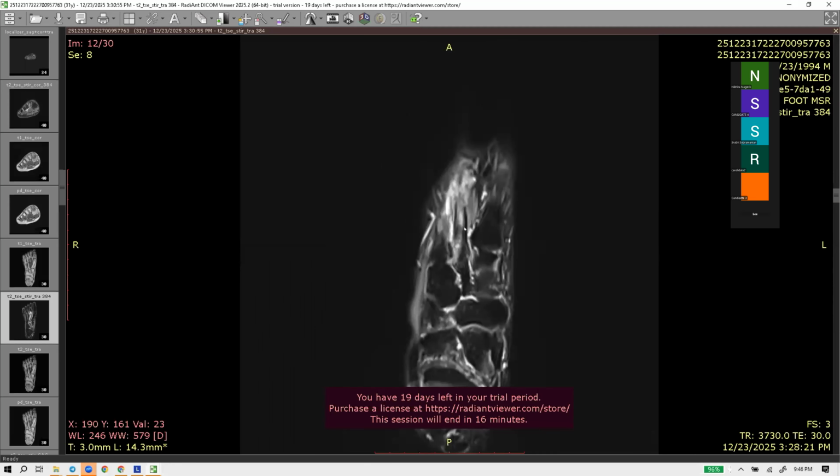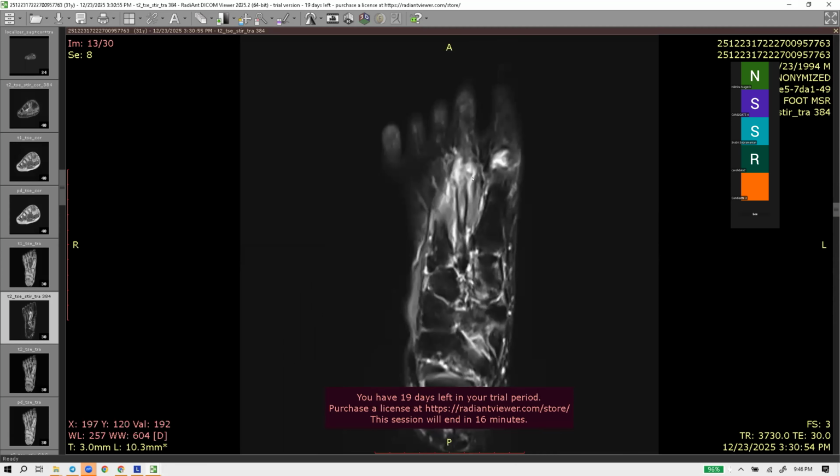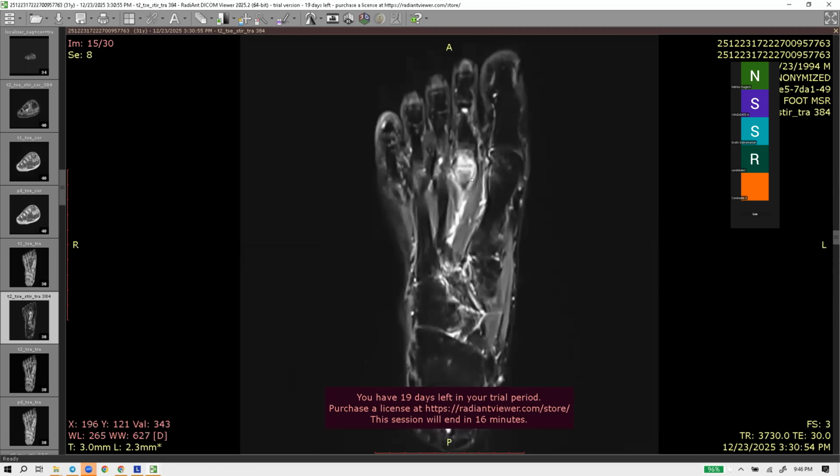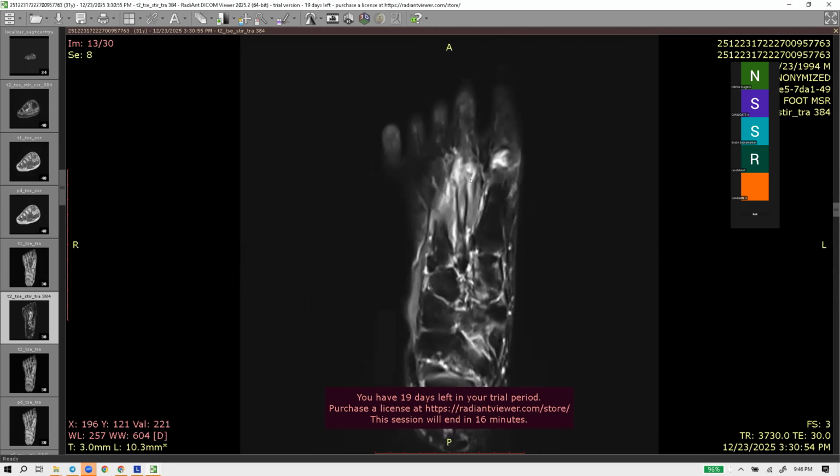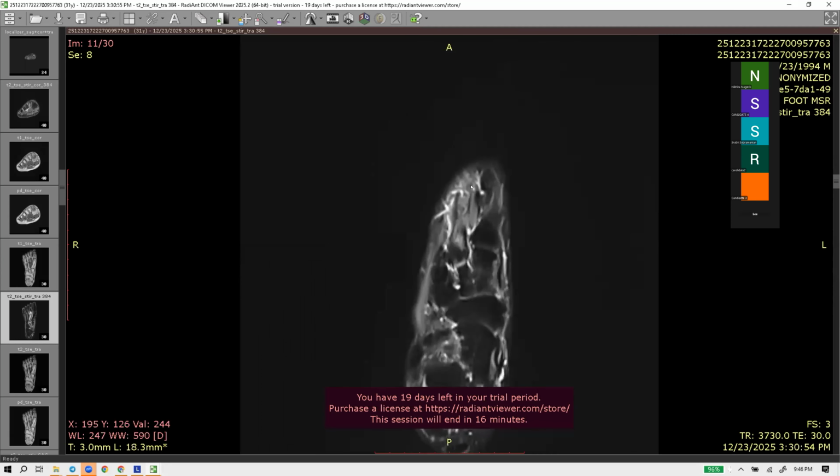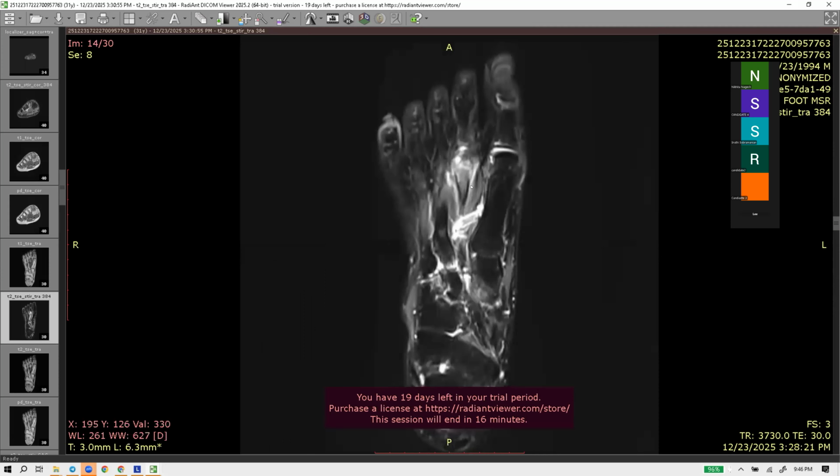But it is involving the whole of the second, like it is involving the head of the second metatarsal. So I am suspecting again the findings are suggestive of stress fracture of the second metatarsal of the foot. So I will convey immediately the finding to the referring physician and further evaluate this patient with